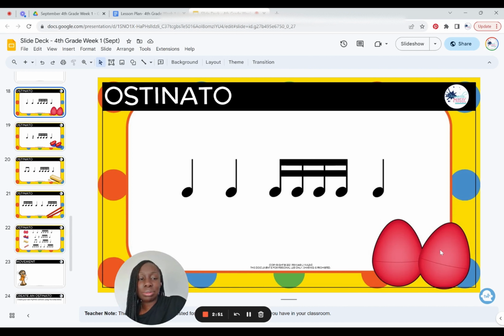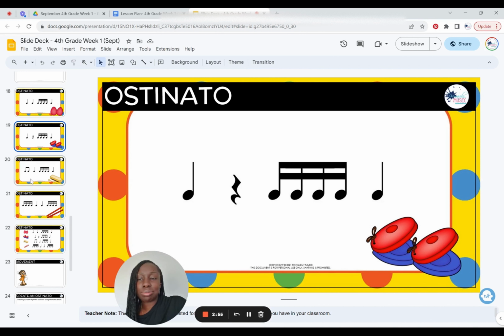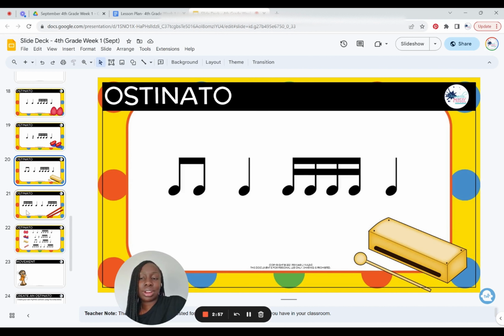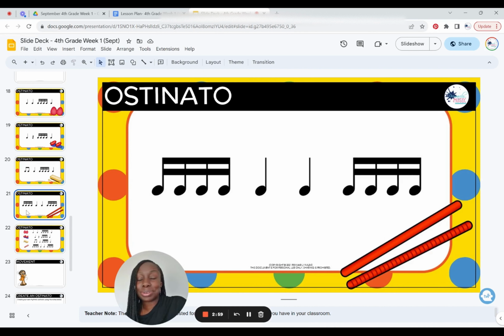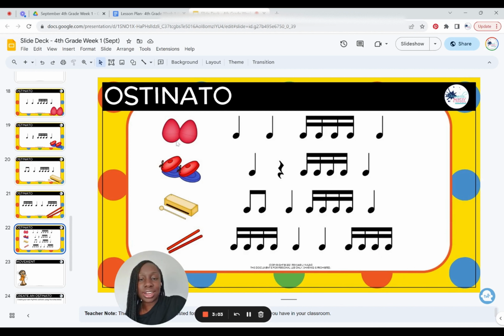I did put a suggested instrument on the side, but you can do whatever instrument or even body percussion, whatever you have. And then this slide has all of the groups performing their ostinato at the same time. Now, if it is too complex, this is fourth grade, beginning of the year, fourth grade.